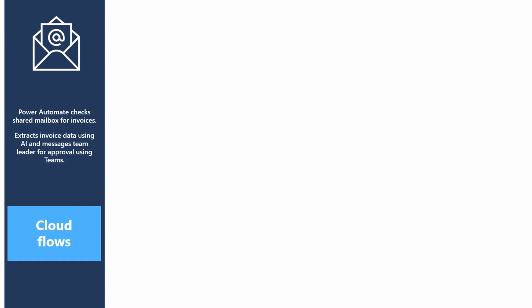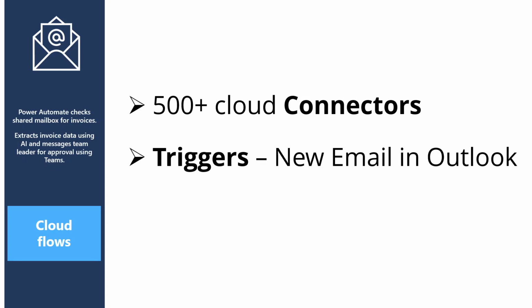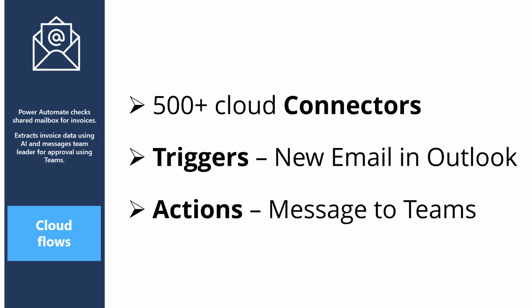Second, Cloud Flows. This is what is checking the shared mailbox for invoicing. Now, there are over 500 cloud connectors. We'll be using Outlook, and within these Cloud Flows there are triggers, and we'll be using the when a new email arrives in Outlook trigger. So when a new email arrives in a particular mailbox, the automation will start. And then within those Cloud Flows, you also have actions. So in this instance, we're going to use message to Teams, so to post a message into Teams. Cloud Flows is using the Outlook API to trigger off the automation, and it's using the Teams API to